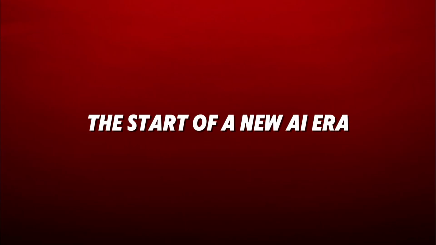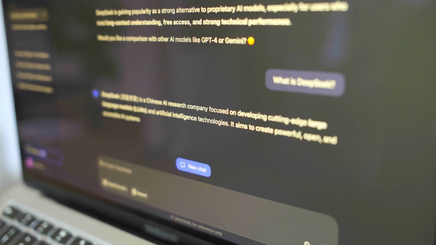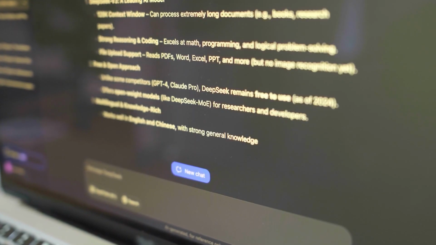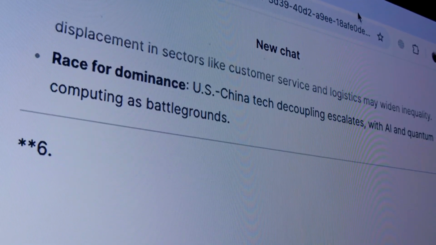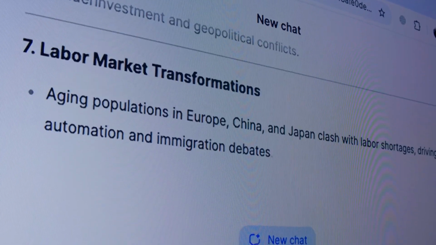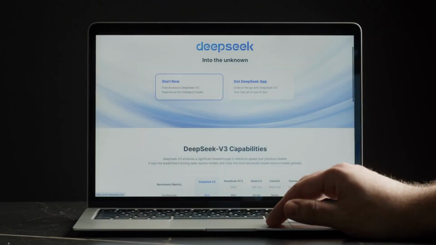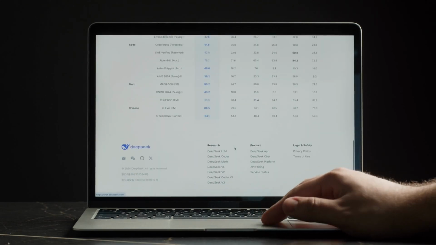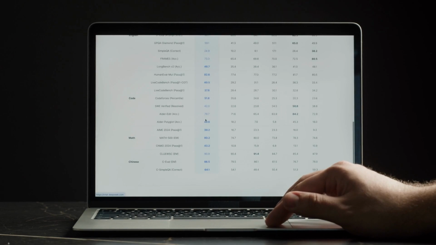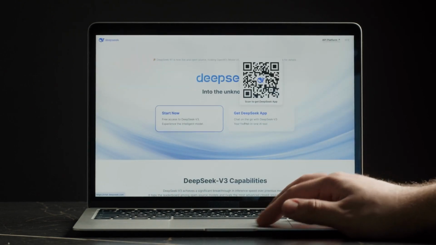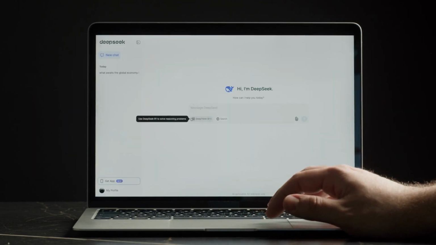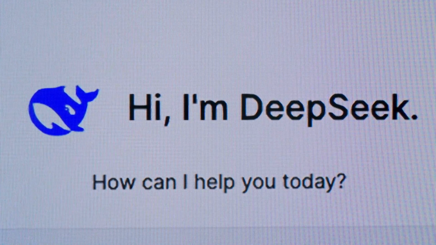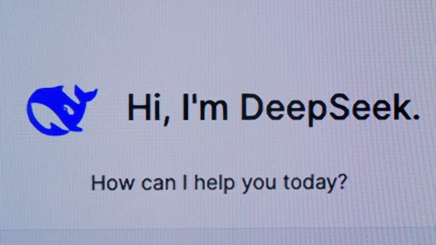The start of a new AI era. As we look ahead, it's clear that DeepSeek V3-0324 is just the beginning. With its powerful, efficient, and flexible model, it's setting the stage for a new era of AI innovation. China is emerging as a key player in the AI space, and DeepSeek's breakthroughs are fueling this rapid growth. In the coming months, we can expect more developments and advancements that could further shift the balance of power in the AI industry. Whether it's through improving AI efficiency, expanding its use in military applications, or challenging Western tech giants,